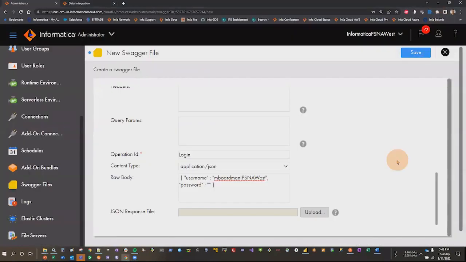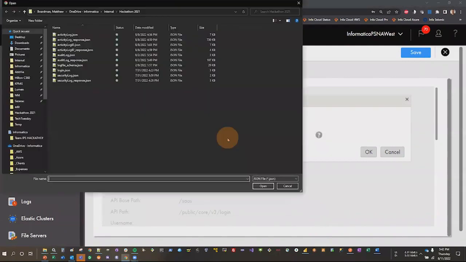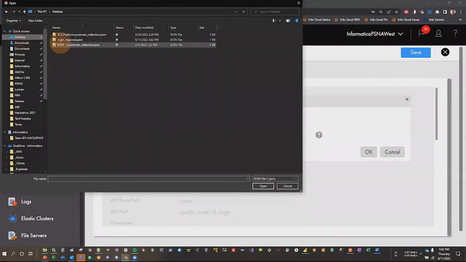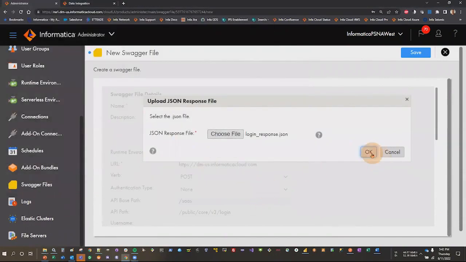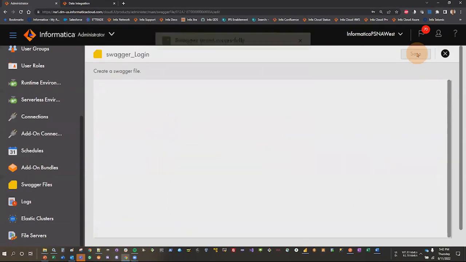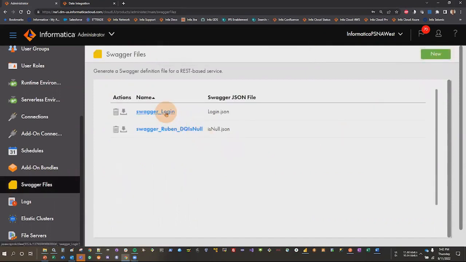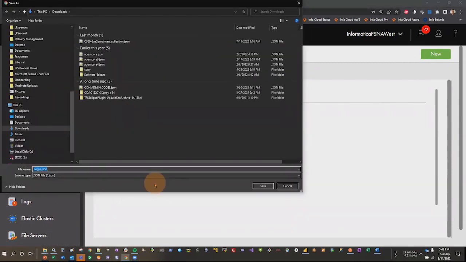Now it doesn't need to execute this operation because it already has the response file it needs. And we hit save. And it's created the new Swagger file. One important thing is that when it creates the Swagger file, this is only here for your benefit. It doesn't actually do anything with it. So the first thing you want to do is download the Swagger file and place it in a location where